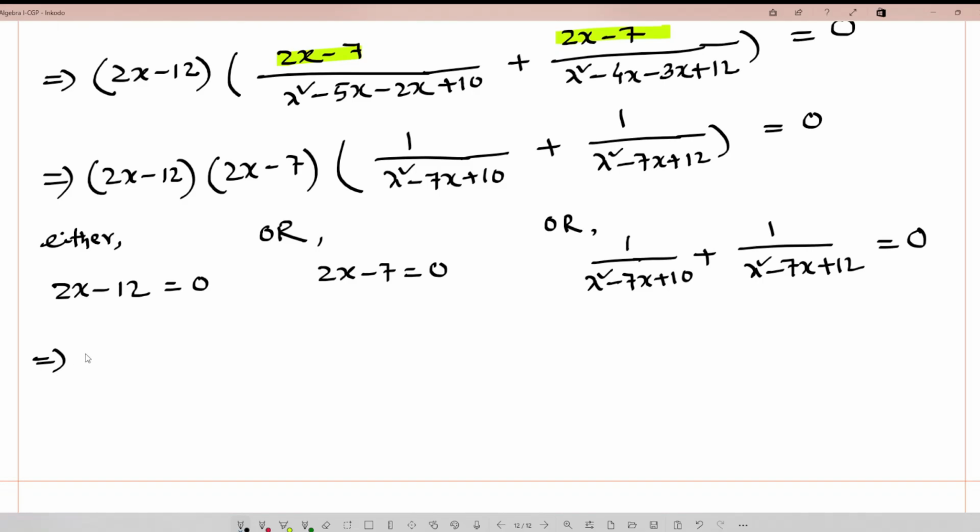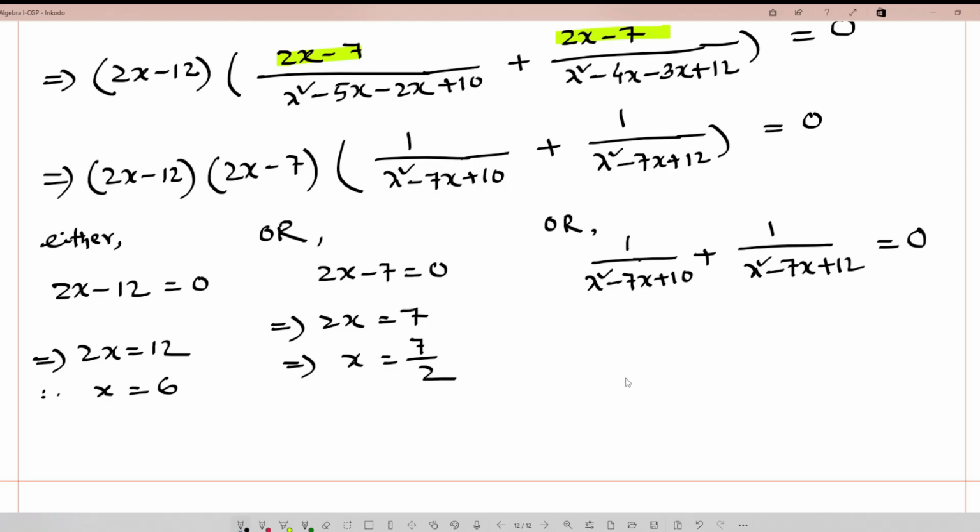So we can write 2x equals to 12. So we can divide both sides by 2. So x equals to 6. Similarly, 2x equals to 7. We can divide both sides by 2. So x equals to 7 divided by 2. And this one,